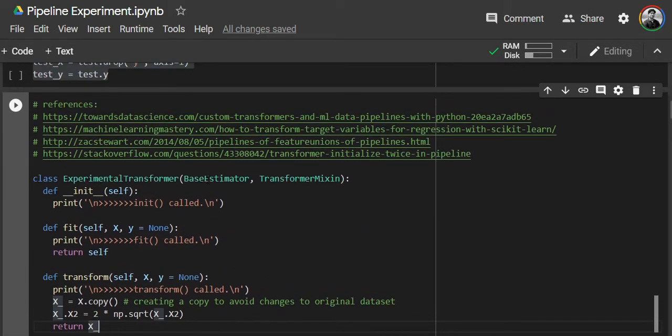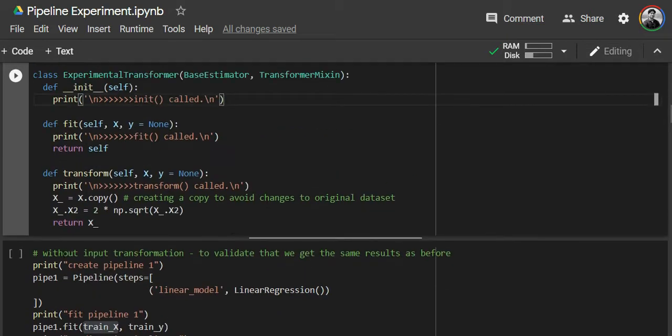Now the reason for inheriting from base estimator and transformer mixin has been given very nicely in one of these links, the first one. These links are inside the code if you download it from GitHub. This is also in the text format of the article which is posted on Medium, and I will very strongly recommend that you go through these links because those are very few and good links which have been on the net for quite some time, which explain pipeline very nicely.